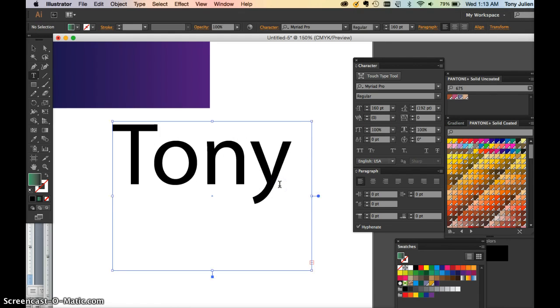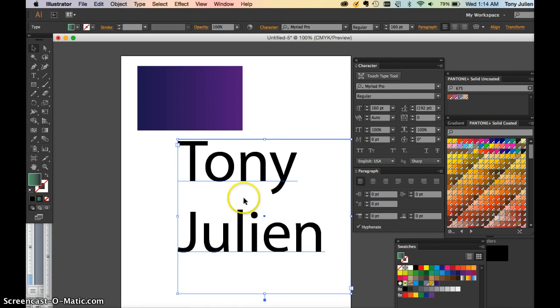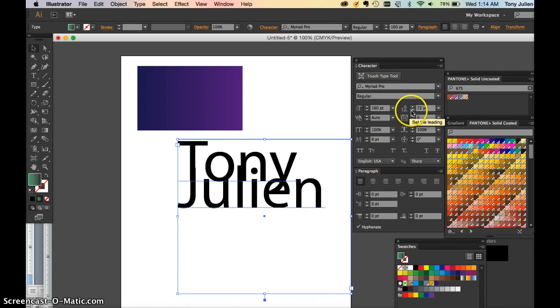Sometimes when you type in Illustrator, you see this little plus sign. It means there's more type in the box. Right now, the space in between the two words is what's called the leading. The distance from the bottom of this font to the middle right here is the leading. So that's the space in between. That's 192 points, and you can change that by making it smaller. Obviously, if you make it really small, it's going to jam up against each other. If you make it 72, you can put any number you want. A good rule of thumb is to have it close to